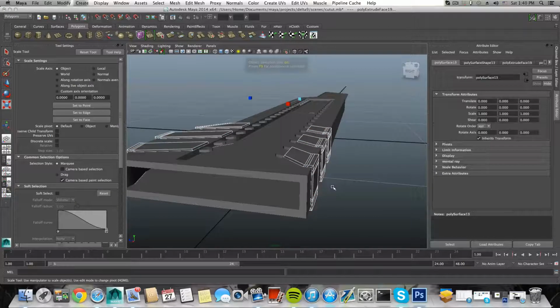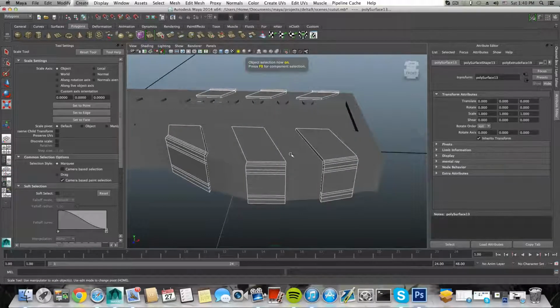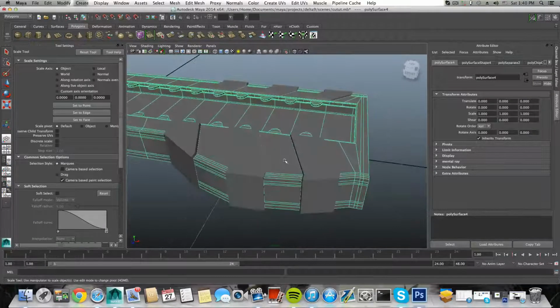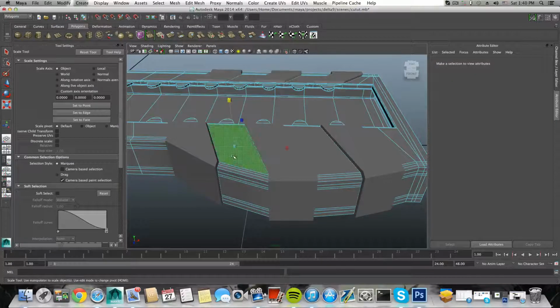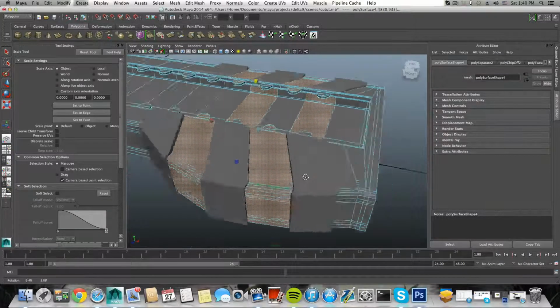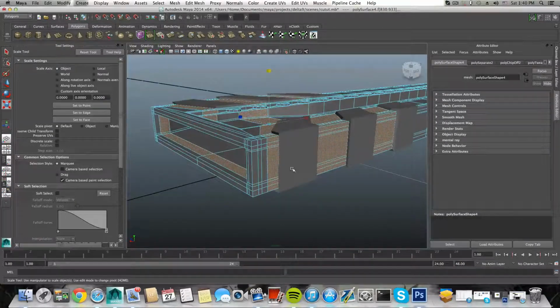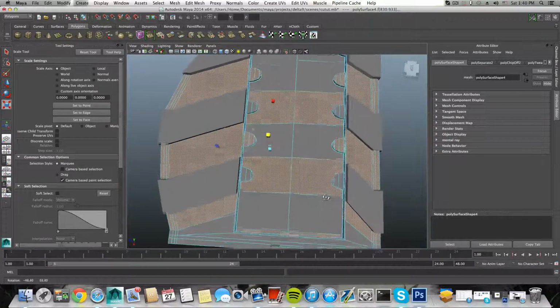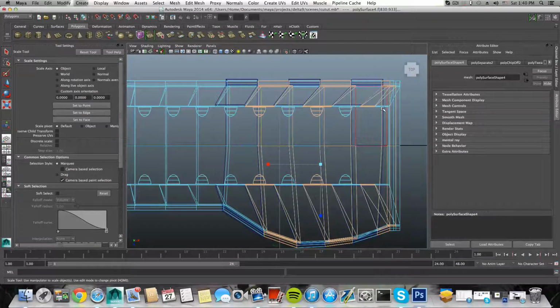Now F8 once or twice, and we're done with these, but now we need to choose whether to do this also for those. Okay, so same procedure. Right click face, choose this face, double click this face, choose this face, double click this face, choose this face, double click this face, and then we're going to fight with this one more time. So upper view, top view, unselect all of these,